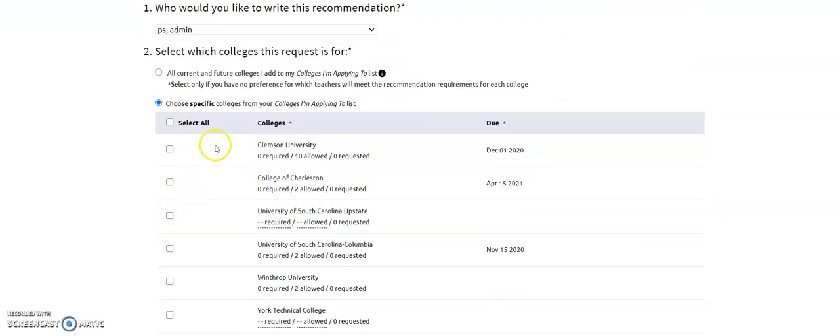So the other option is that you're going to choose a specific college from your Colleges I'm Applying To list, and then you're going to see all of the different colleges where you can send letters. So you're going to see there are this many that are required. Clemson University does not require any letters of recommendation. There are 10 letters that you are allowed to send, and then there are this many that are requested. Your due dates are going to come from where you submit and enter in your transcript requests what your college application deadline is. So this would be useful if you had a teacher who was an alumni at a specific school, for example, and you wanted them to submit a letter for you to that school,